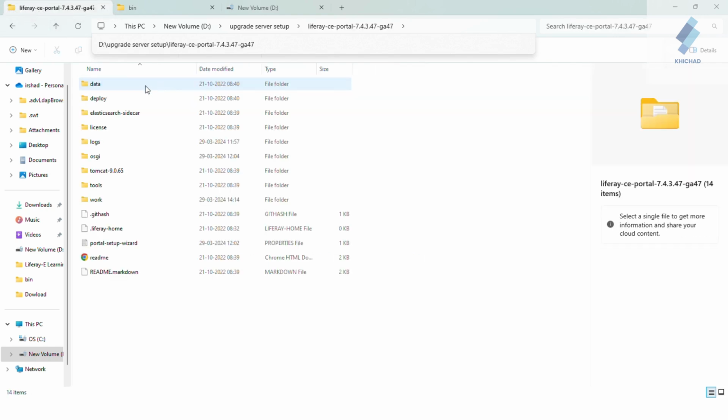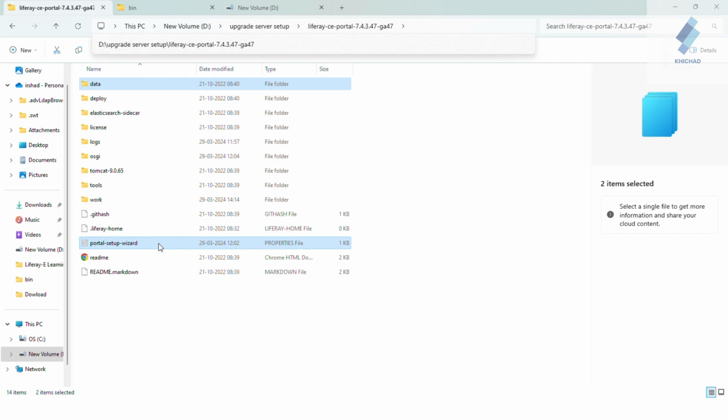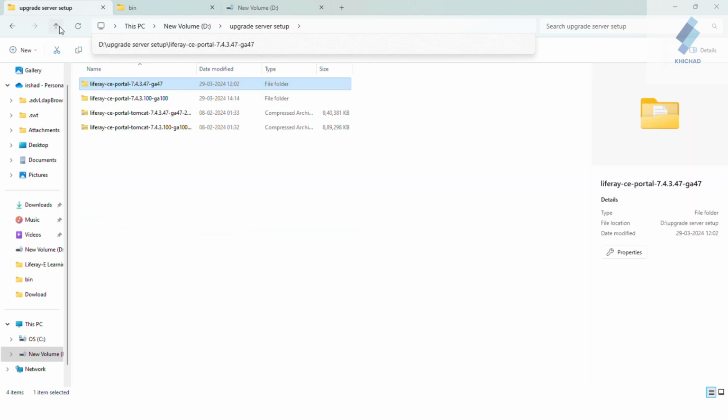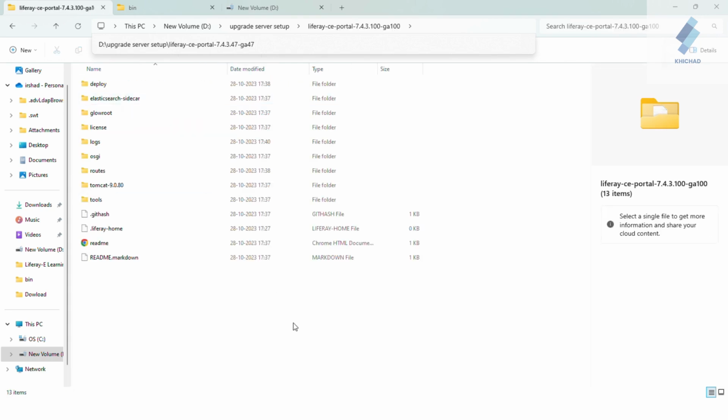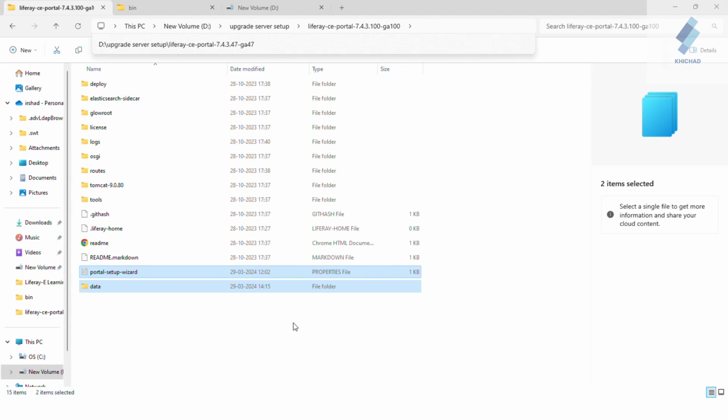I open it, copy two files, the data folder and the portal setup wizard file from here, and paste them into the new Liferay server.